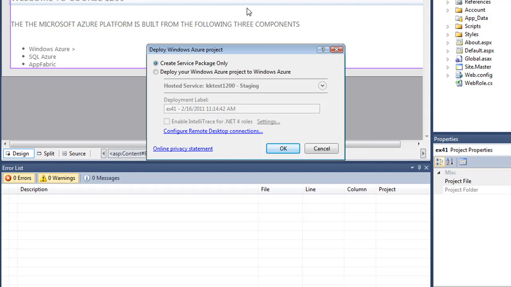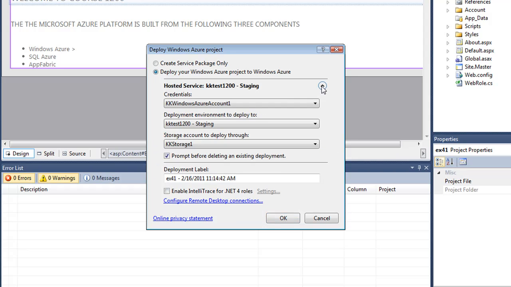And this time, rather than creating the service package only, I'm going to deploy to my Windows Azure site. And I have already set up some credentials here that allows me to log into my account, and I'm going to go ahead and just deploy this thing directly to the KK Test 1200 production